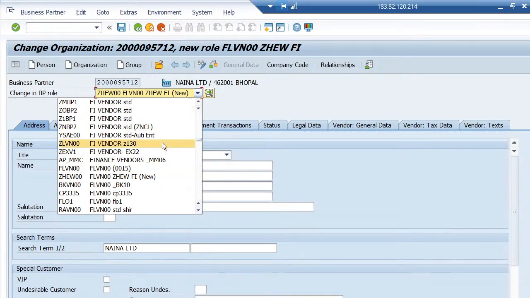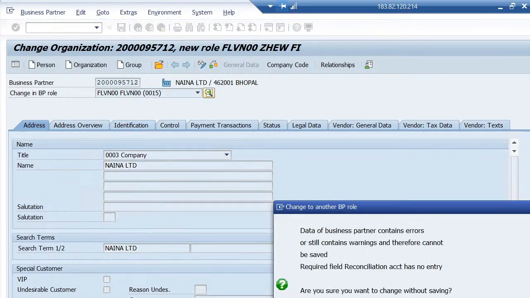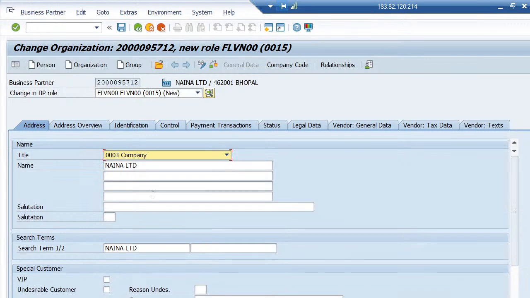Actually this is a training environment, that is why you are seeing many rules here. Okay, we'll select standard one. Yes, then